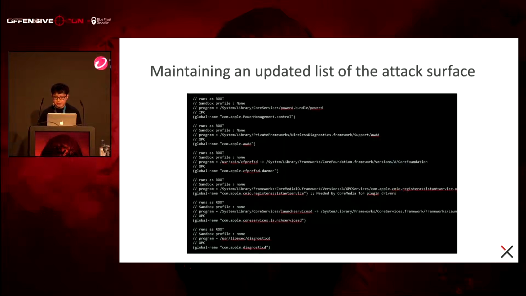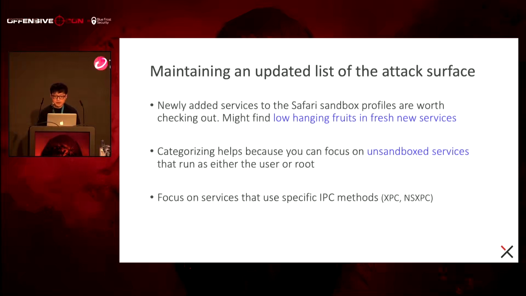Personally, what I do next is I organize the attack surface in different categories and map the service endpoints into actual binaries. The reason I do this is so I can focus on IPC endpoints that match a certain criteria. I would normally try to focus on services that are running in unsandboxed context. Newly added IPC services are definitely worth checking out because they're probably less audited. And categorizing also helps if you want to look into services that use a specific IPC method, such as the